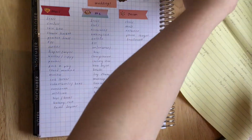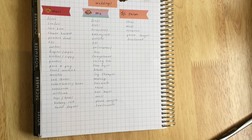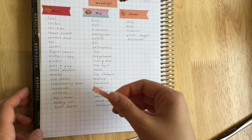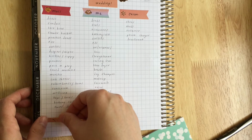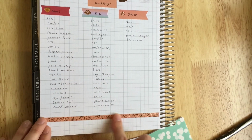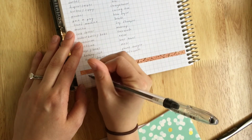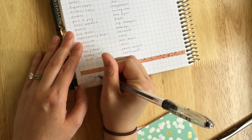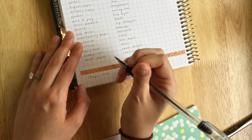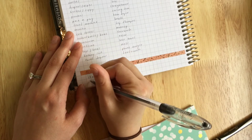I think I'm going to make a separate section at the bottom of stuff that I need to do. Let's see, let's do it here. So there's some other things that I want to do before we go. I want to charge my Nook, and or my laptop, and I want to download